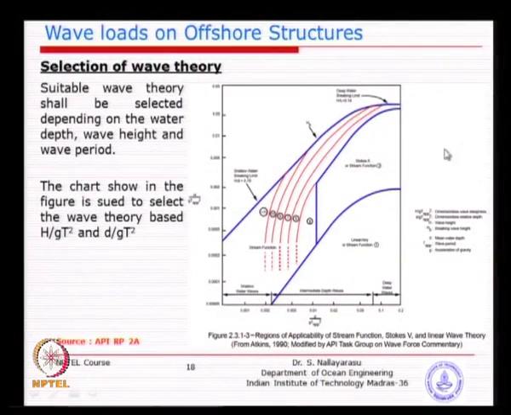So, basically that gives you an idea about the demarcation of shallow water, deep water, and breaking and non breaking waves. The upper line, the upper limit, what you see here: as long as H by g T square is higher, the waves will break. So, you may not be able to apply any of these wave theories, because when we derived the boundary conditions and the domain equations, it was for continuous flow within a domain.